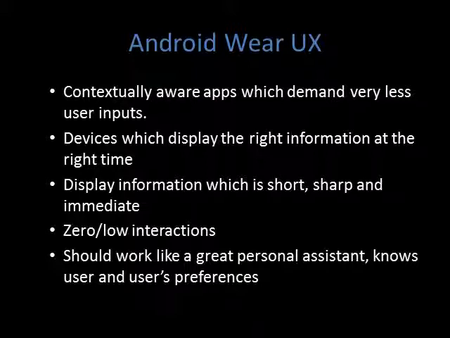These devices display the right information at the right time. That is the criticality point to be remembered. As long as you're not pushing the right information at the right time, these apps may fail. So it's about understanding what exactly the user is doing based on geolocation, the time, and reading of the data through all the available networks of the user, through Gmail, through YouTube, and understanding what situation the user is in, and then pushing the data accordingly. That is the whole crux of these apps.